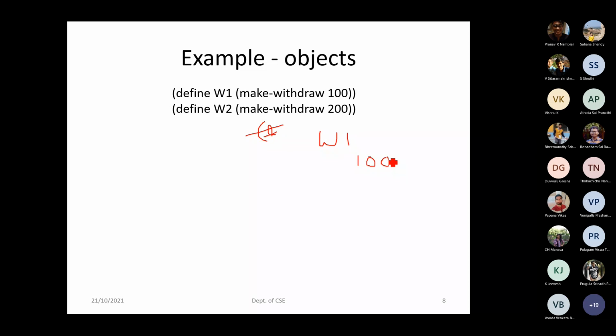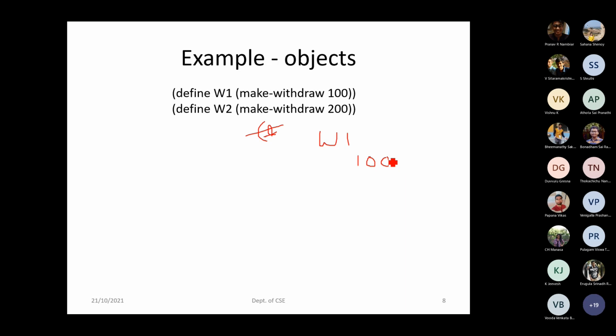Whenever you call the variable names, the objects, see, if you go to an ATM, whenever you insert your ATM card, it will not directly tell you the balance, how much you have, right? It will ask you what function you want to use.